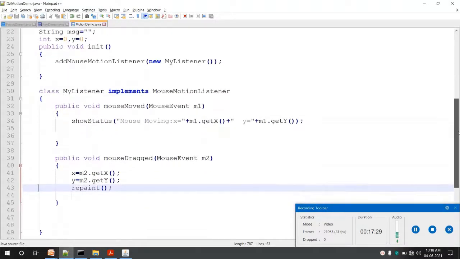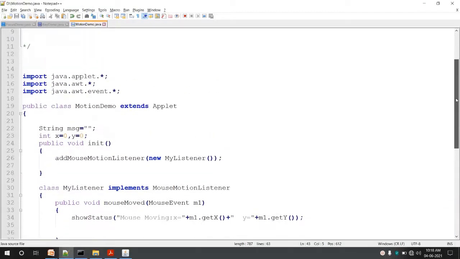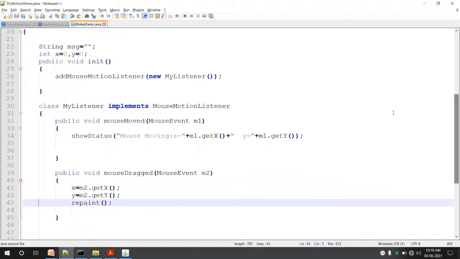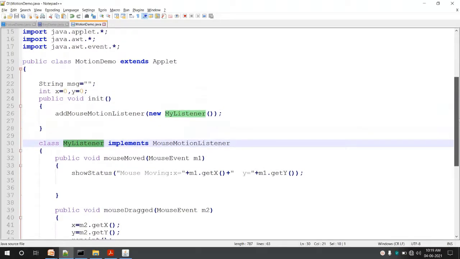Okay, one more change I'll do in this program. We have used here an inner class, as you know, class MyListener. This MyListener is a listener class which is used to handle the events, as we know, and we have used such a class in all other examples.